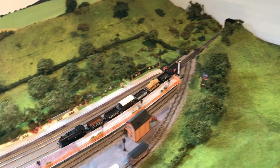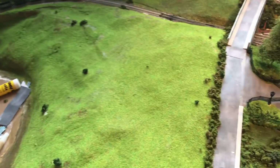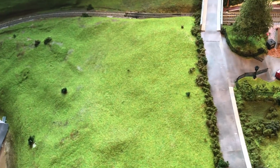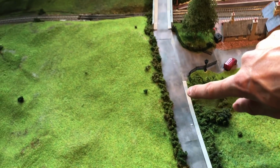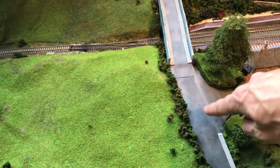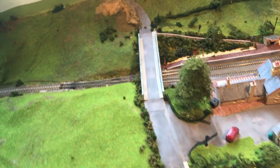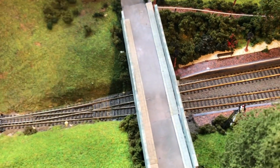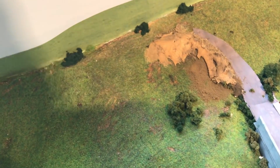So, back at Arley, a few minor little changes, mainly while I've been waiting for stuff over here to dry. I couldn't do anything, so I've got on with the sort of tarmacking down here, and I've now put the pavement in along most of it. It does need a pavement here, which needs to blend in with that, so I just need to make that. But we've now got pavement reapplied to both sides of the bridge, and just tidied this up a bit, and not got very far with this, but